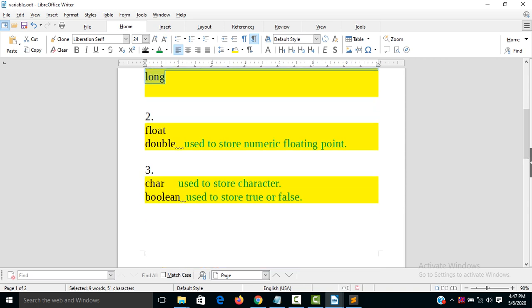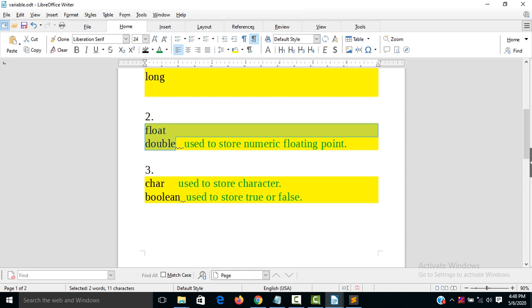And the second part has two types of data types. The first one is float and the second one is double. These two data types are used to store numeric floating point values.